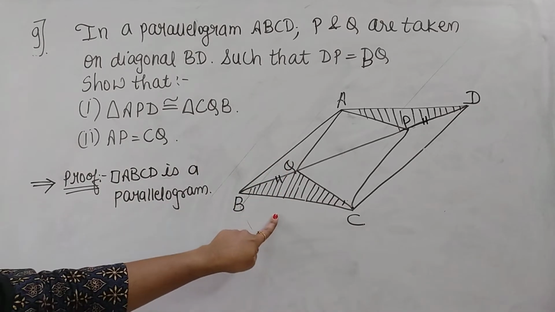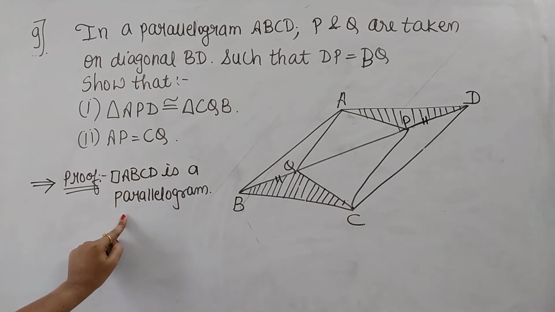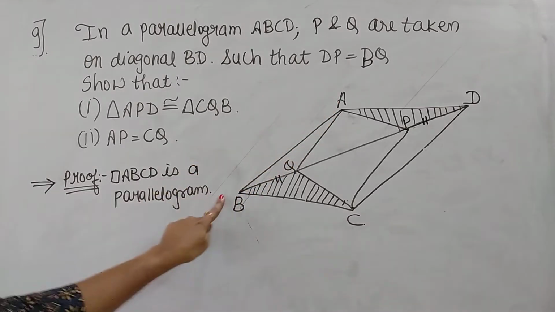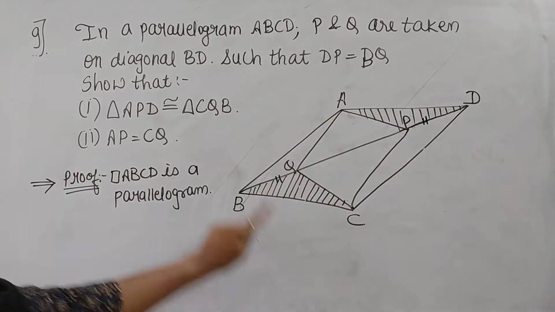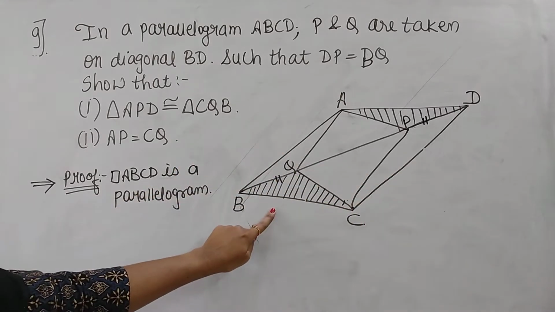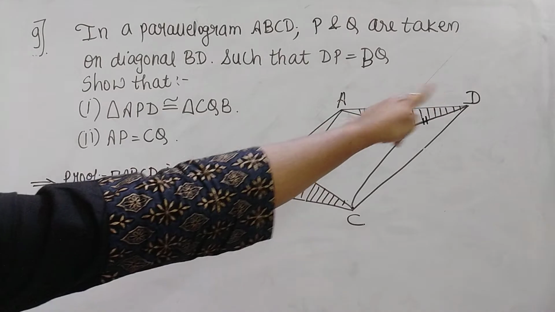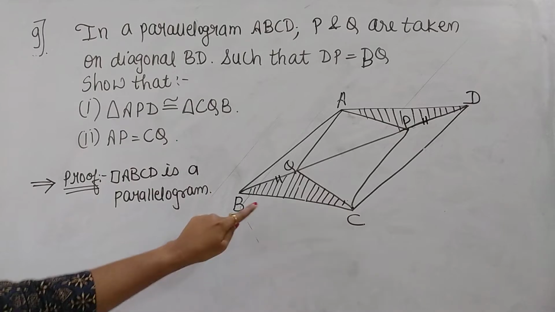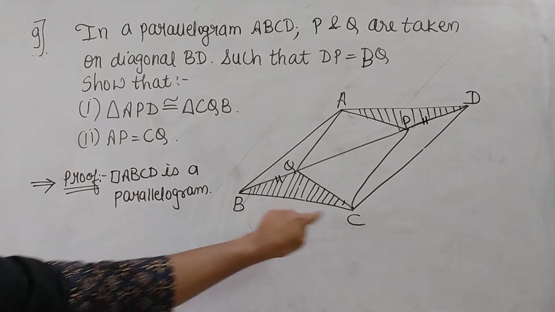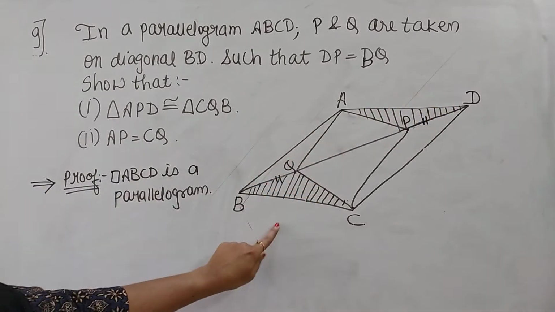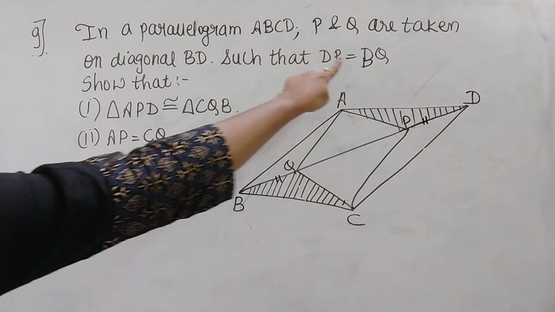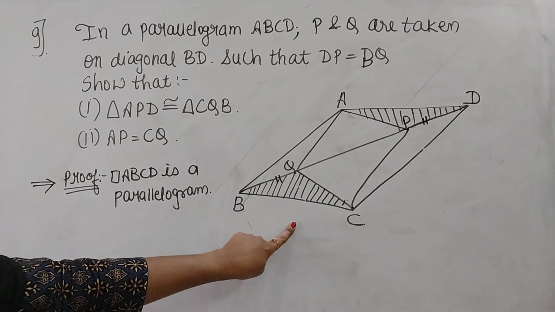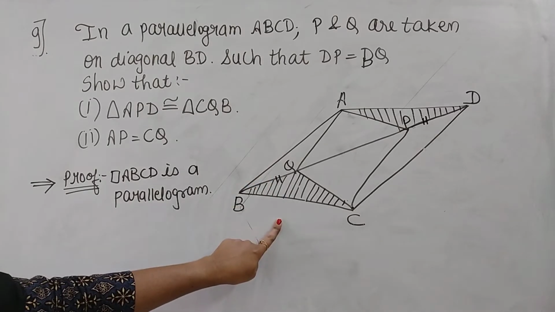So first of all, let us use our given where it is said that ABCD is a parallelogram. Whenever it is a parallelogram, obviously in your ABCD, your opposite sides are going to be equal. Right now, as per the name of triangle, that is APD, the side AD is coming, and in your CQB, the side CB is coming. So obviously in a parallelogram, opposite sides are equal. So CB will be equals to the side AD. Then it is said that BQ is equals to DP. So for proving congruency, two things we already got. I just want the one part.